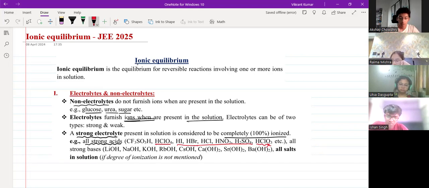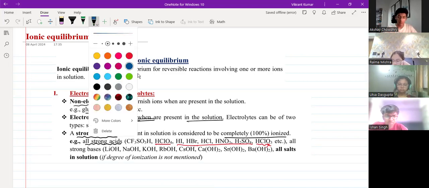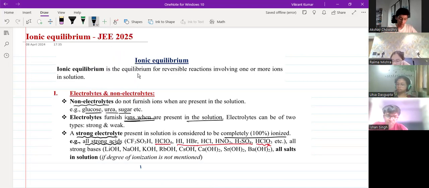Matlab, if I am having 1 mole of HCl, it will give you 1 mole of H plus and 1 mole of Cl minus. Like that we'll be writing. So when I'm talking about strong electrolytes, what type of ionization they'll be showing in solution? So like if I write HCl aqueous, so this is strong electrolyte and this is acid, so this will be called strong acid. So strong acids are acids which are strong electrolytes. Okay, so this is strong acid.